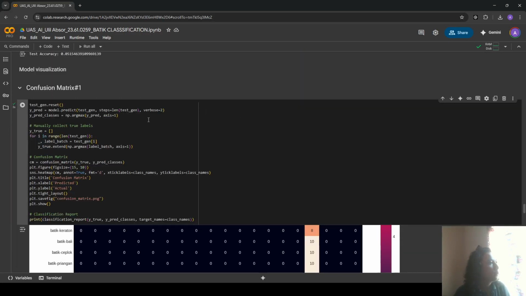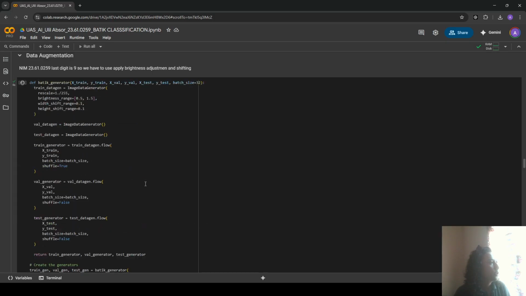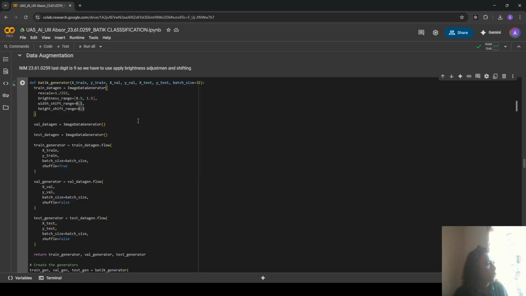And from my analysis, we can make it better, or we can repair the model, first by data augmentation. Maybe we have to use other parameters like horizontal flip, vertical flip, and others.